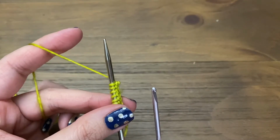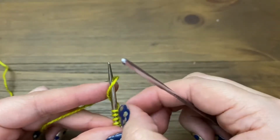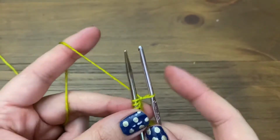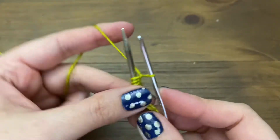If you lose it, all that's going to happen is it will start to unzip. Just don't panic. Grab that little bit and start again. Yarn's in back, loop back on my crochet hook, pull it through, yarn to the back,